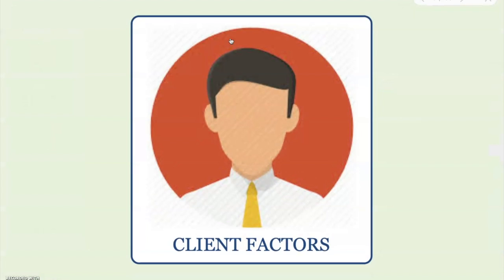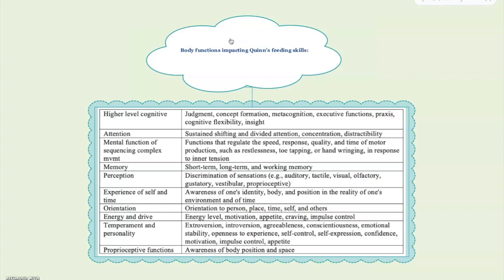Okay, so now we're going to talk about client factors. The 10 body functions that have the greatest impact on Quinn's feeding skills would be higher level cognitive, so judgment, concept formation, metacognition, executive function, praxis, cognitive flexibility and insight, attention,